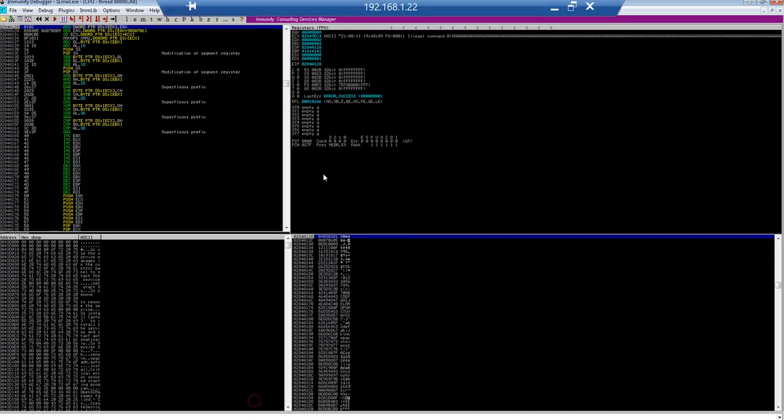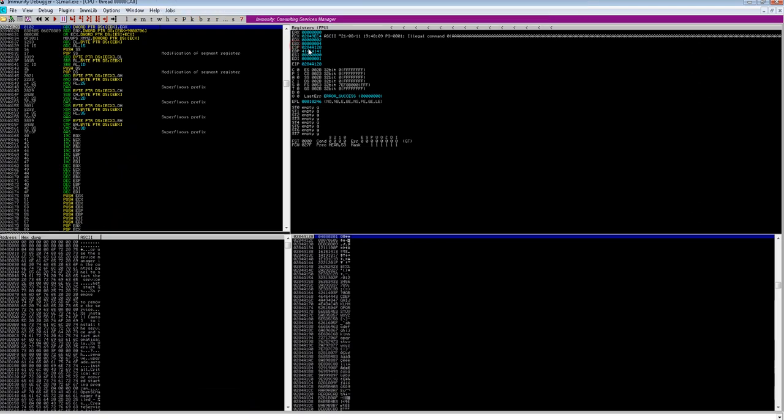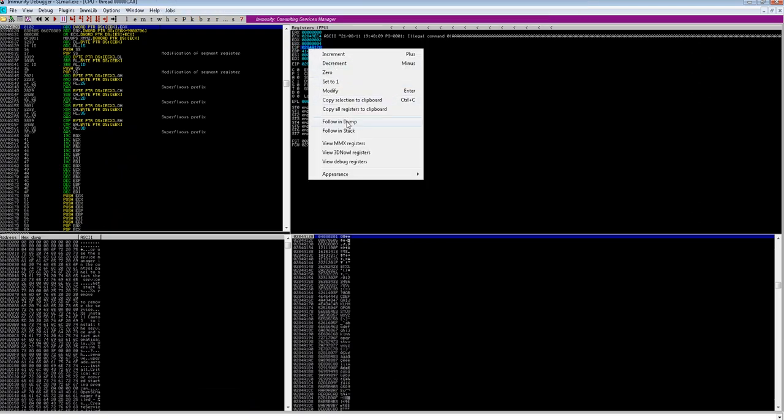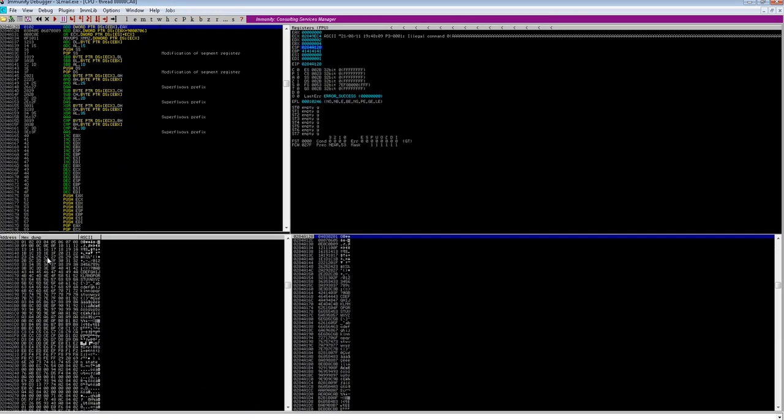And continue my bad character detection. I'll click my ESP and follow it in dump. And you could see now, so we have 01, 02, 03, 08, 09 and after that we have deleted 0A, which is a bad character, 0B, 0C, and you could not see 0D here, which is a bad character, and then it continues 0E, 0F.